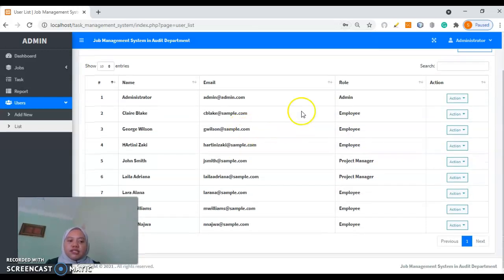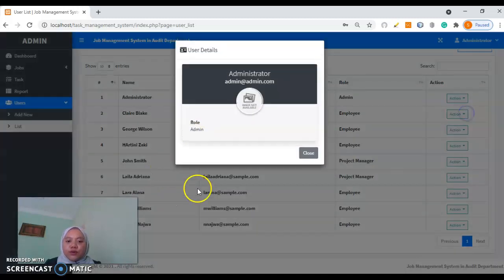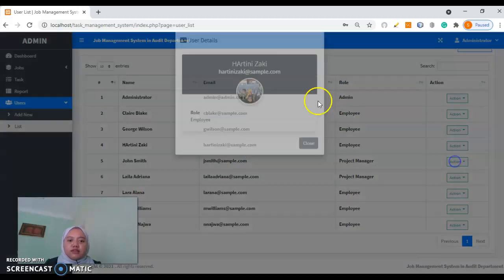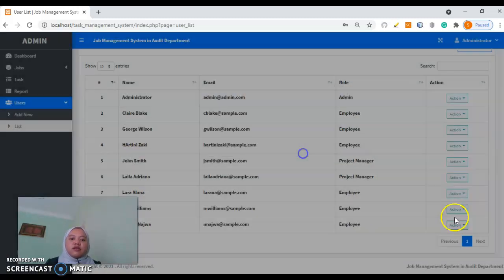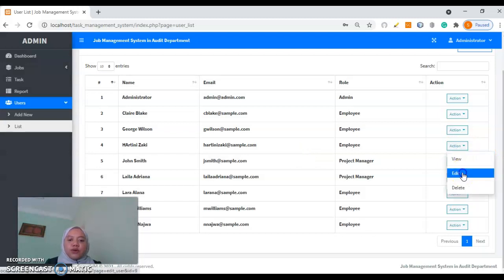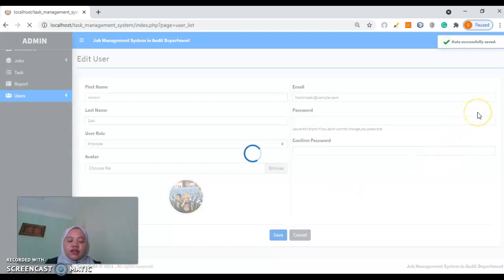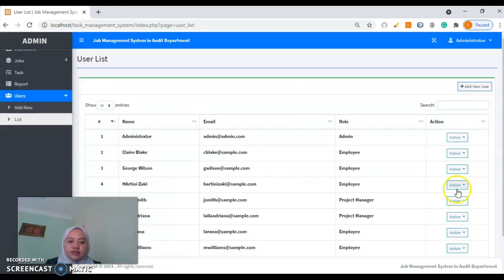Then you can see the list of users within the system, the role and email of each of the users. Admin can view the users like this, and then you can also edit and delete.